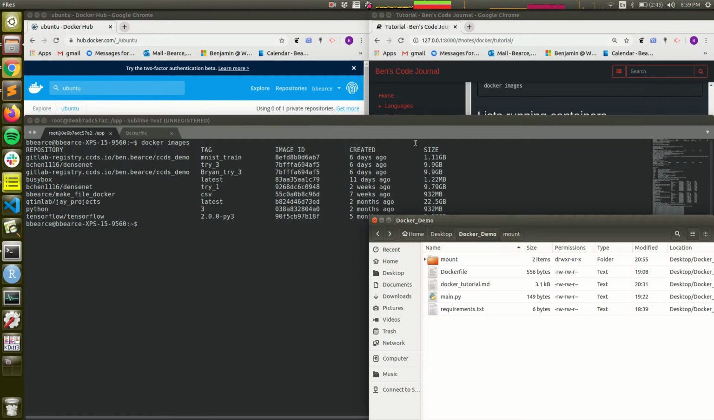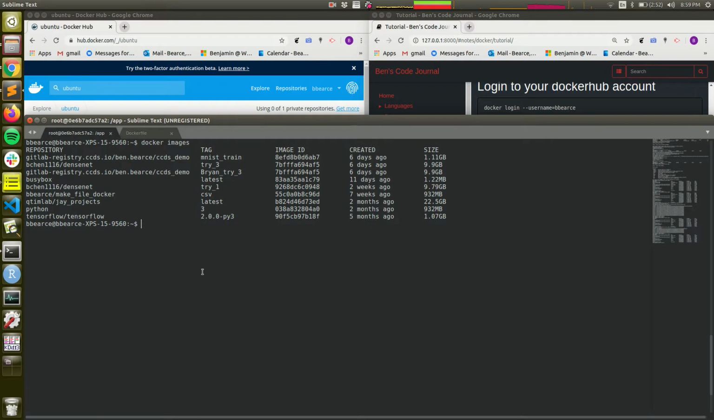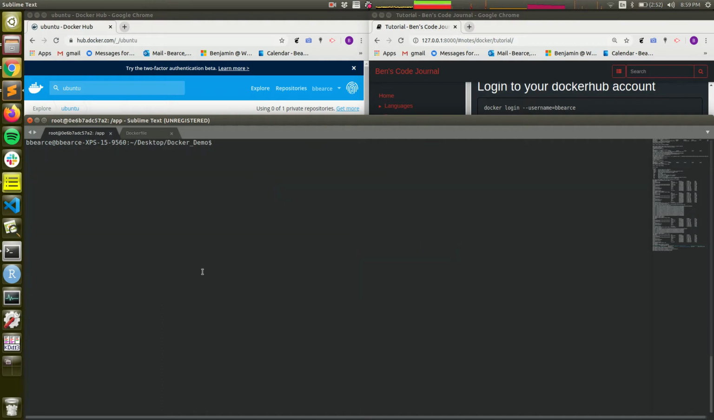So the way that you do this is you do docker build, tag -t for the name is optional, but it's a good idea. And then you do a space dot. That dot's important to say, look in this directory for things that we're going to build. So let me just make sure I'm in the right directory. Docker demo. And